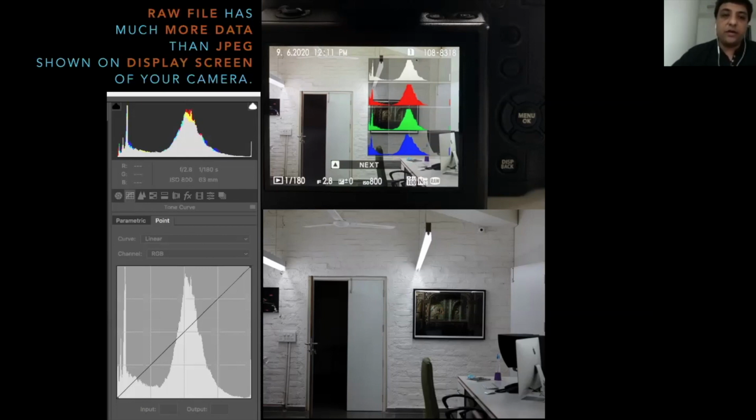So please be aware that when you are seeing anything on the back of the screen of your camera, it's not the absolute idea of what your histograms are. Hence, it is much more advised, if you can, to shoot tethered. If you are in a studio setup and if you can shoot tethered, it is much better to shoot tethered and review your histograms and your exposures through any cataloging or applications such as Photoshop or camera raw module. That will help you a lot.